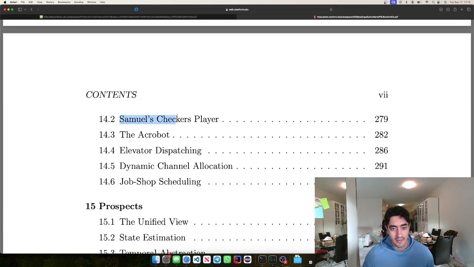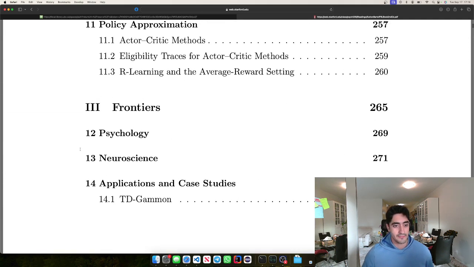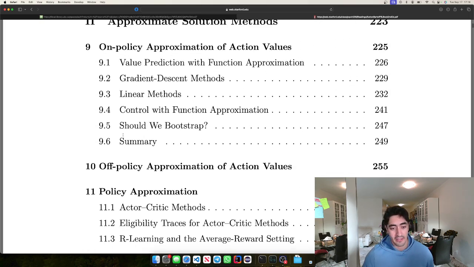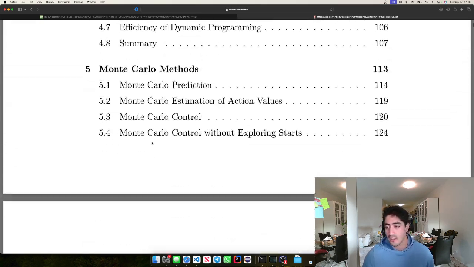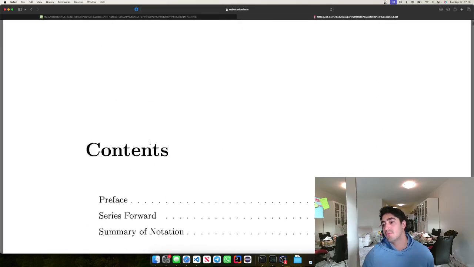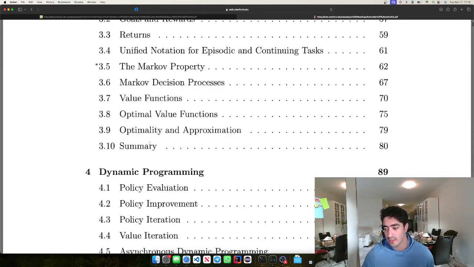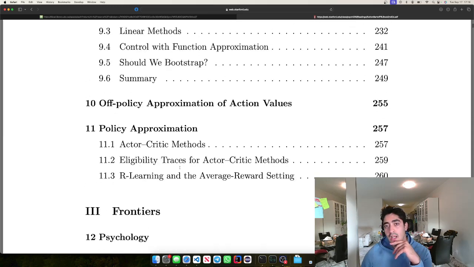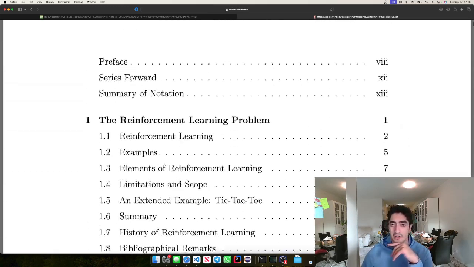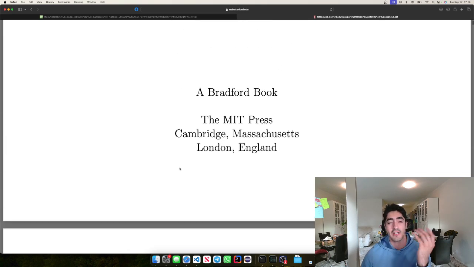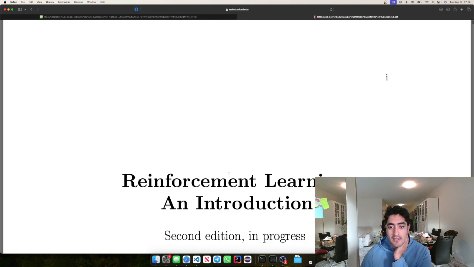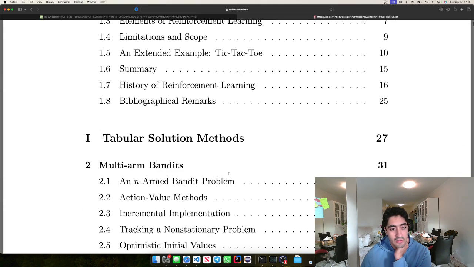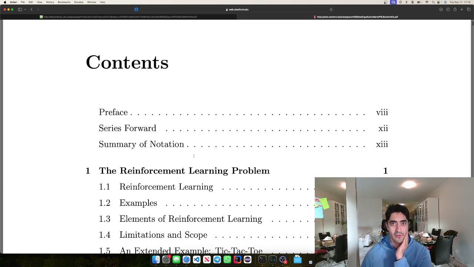Samuel's checkers player, the acrobat, elevator scratching, dynamic channel allocation. Well, we don't know how far we can go with this, but what we can do is probably 50 pages per video, and then we're gonna have 6 days till we have finished it. And by finishing it, hopefully I have a better idea of how I can develop